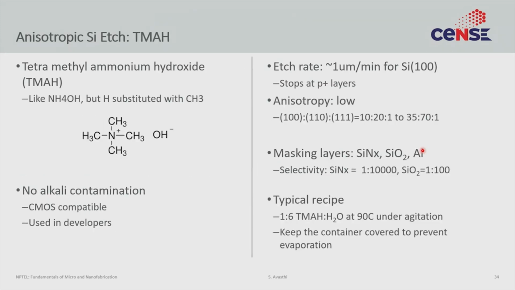Now, for those of you who do want to make a CMOS compatible anisotropic etch, there is good news. KOH is not the only game in town, it's just the cheapest one. If you do want to do something that is CMOS compatible, you can use tetramethylammonium hydroxide. The structure is very similar. Those of you who are a little better at chemistry can imagine that this is nothing but a derivative of ammonium hydroxide. So ammonium hydroxide has this nitrogen and then 4 hydrogen. Here all that we have done is substituted the hydrogen with methyl groups,